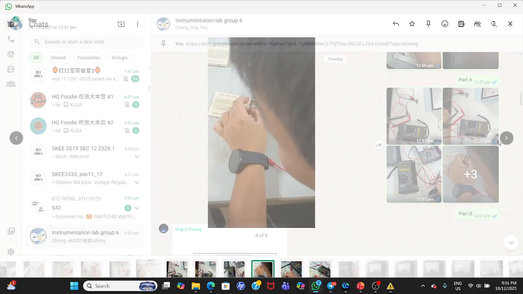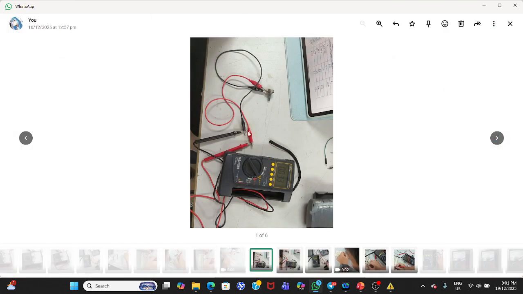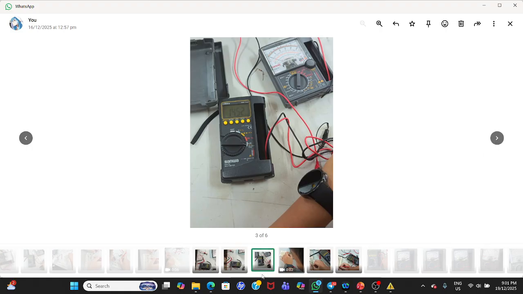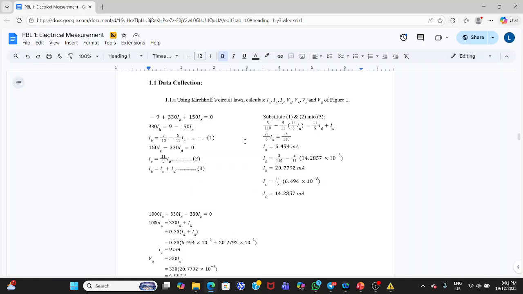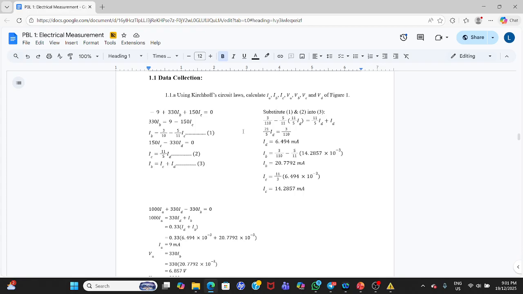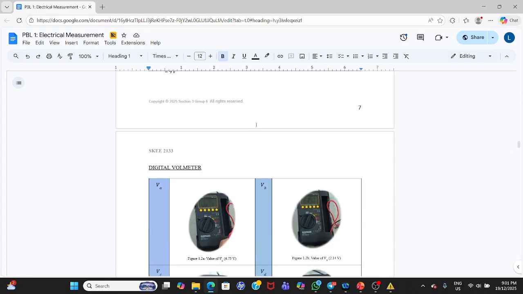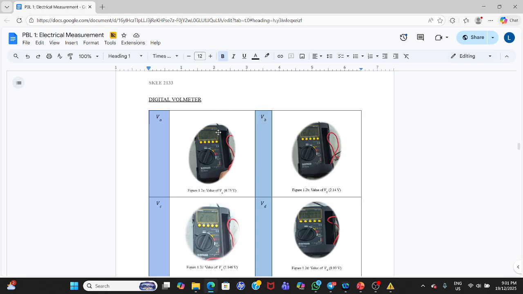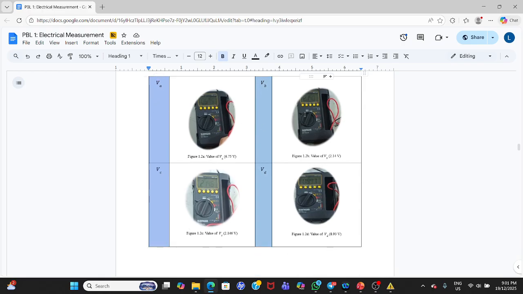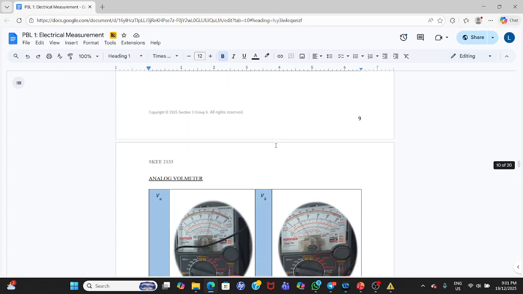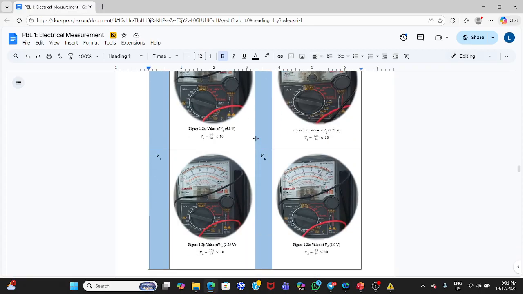So yeah, we measure by using the ohmmeter, and then we calculate the theoretical value, and we measure the voltage for each component, and then we also use the voltmeter to measure the